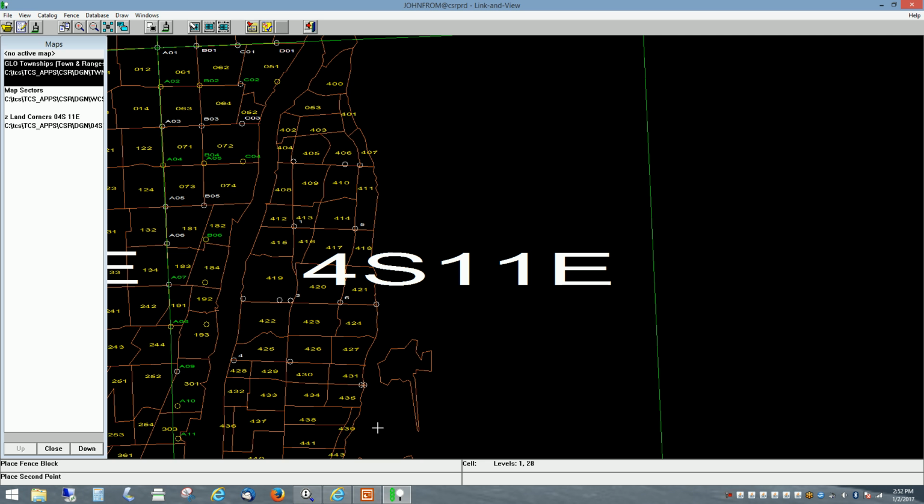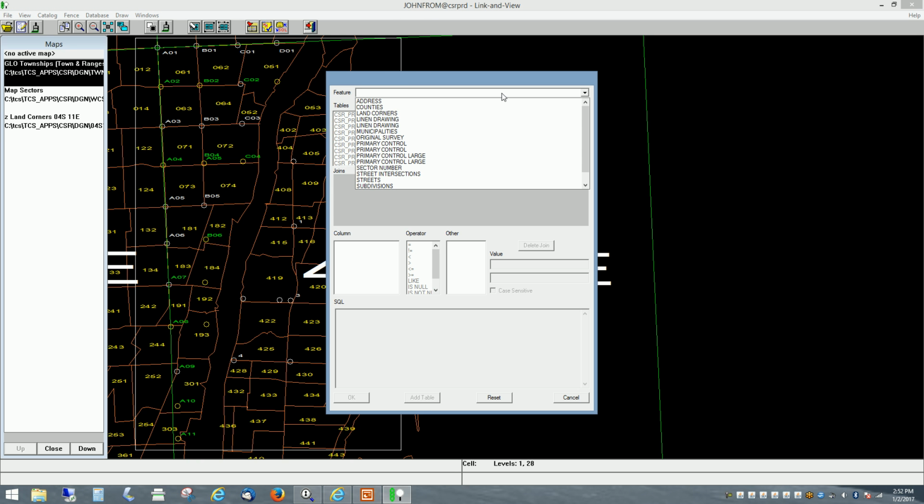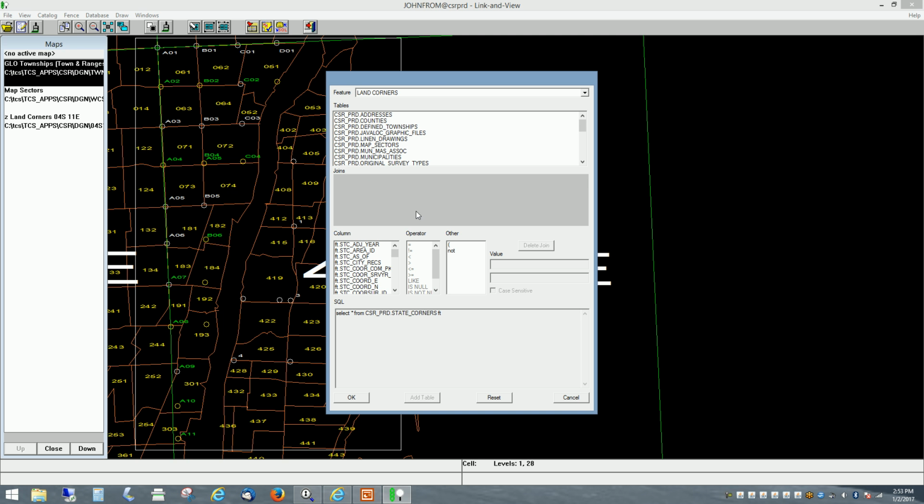And we can place a fence. We can place a radius. There's a number of ways we can do this. I'm just going to place a fence here, and I'm going to go do a find data by query. And this is allowing me to do an ad hoc query based upon how Lincoln View works. It links at the database level, and we define a feature basically which correlates to a table. So we have a land corners feature, which in this case correlates to a land corners table, and I'm going to go, this is all of the columns that are in that table, and I want to find out